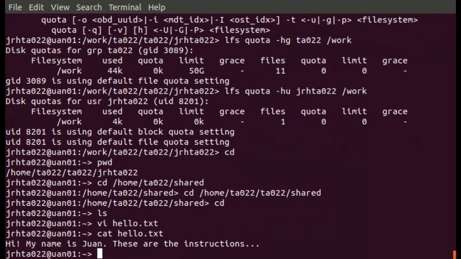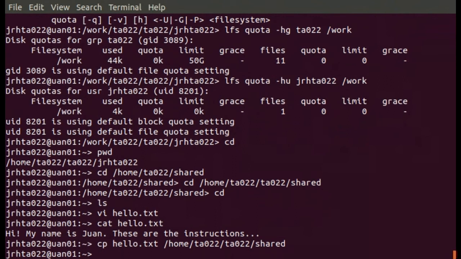So I need to copy with cp, and now I need the name of the file, hello.txt, and I will copy it to the shared directory that we have for the project members. That, if you remember, is /home/TA022/share. So I will copy that file there,